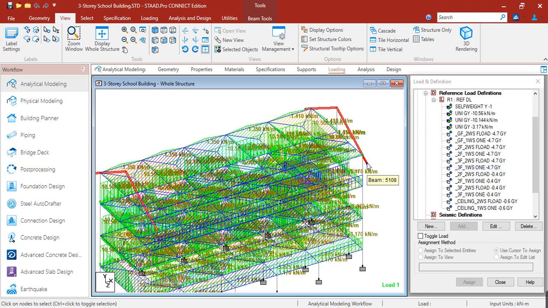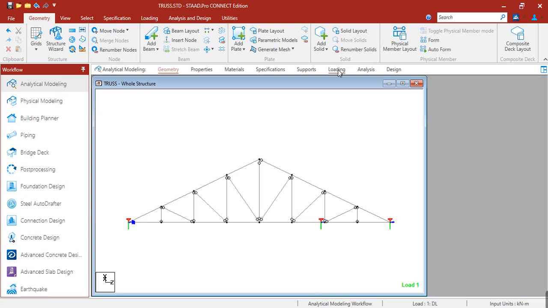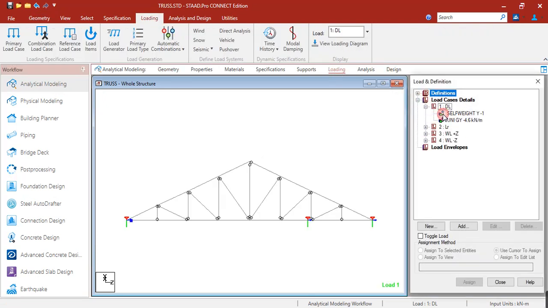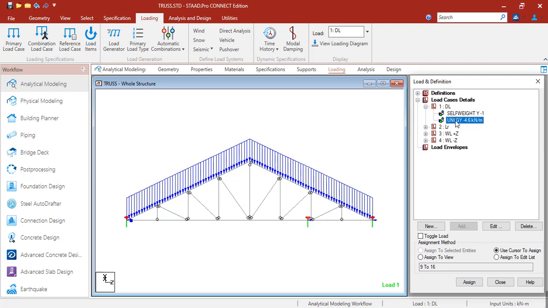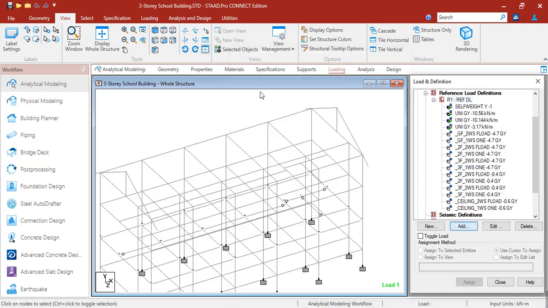Okay, so to do that, let's check the loads that we've input here on our truss model. So going back to analytic modeling, loadings. For the dead load, that is 4.6, so we divided by 2. Okay, so going back to our model, click add.